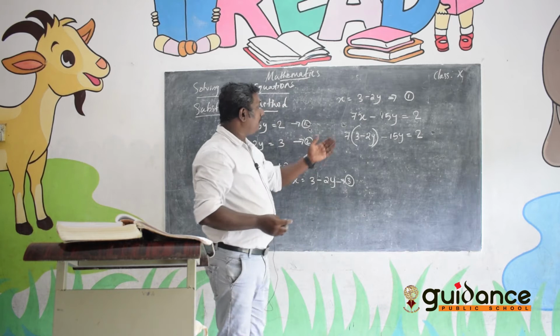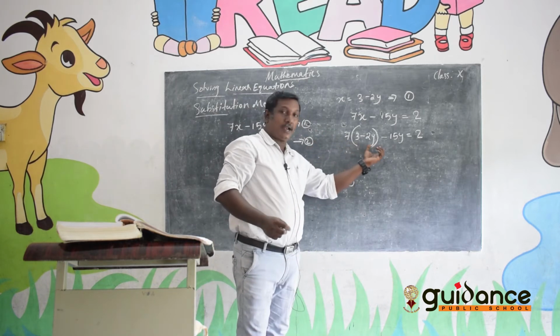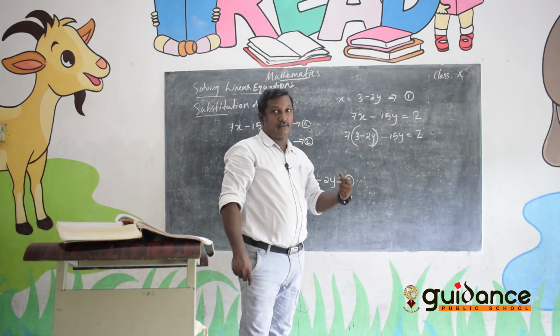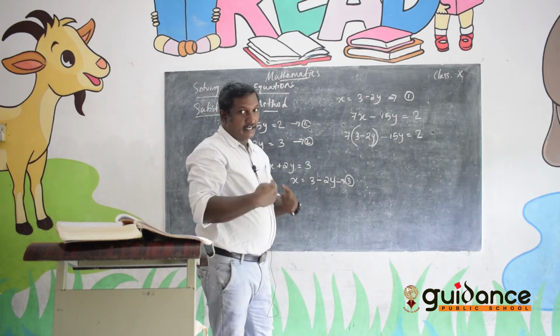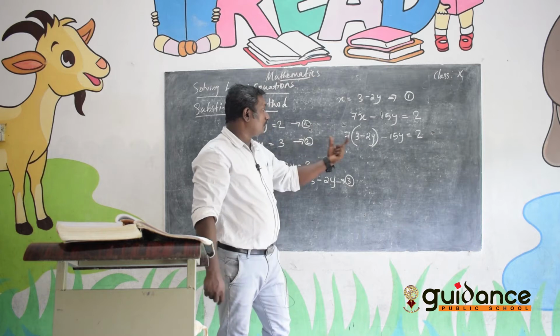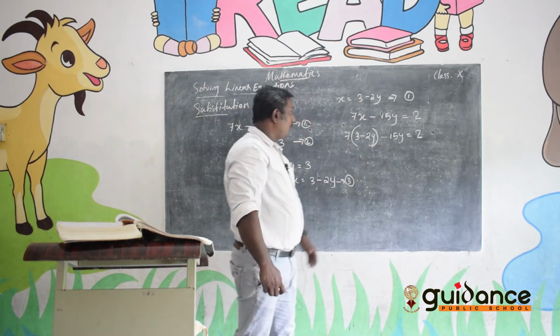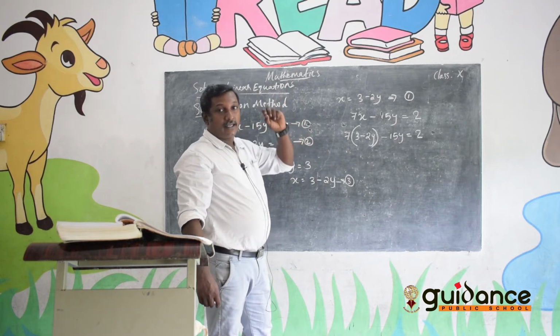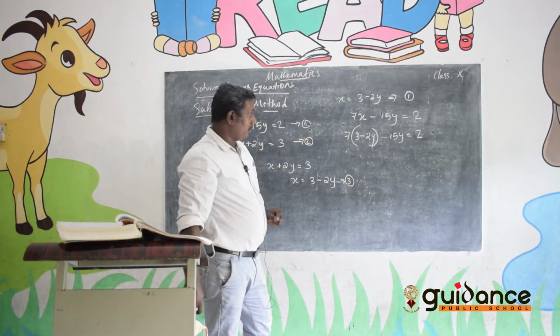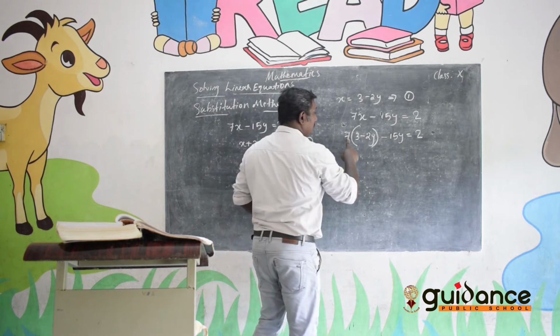So now the equation changes into one linear equation with one variable. A linear equation with one variable we know how to solve. That we studied in 8th standard. Like that, we have to change the given equation into a linear equation in one variable. So firstly we solve this.